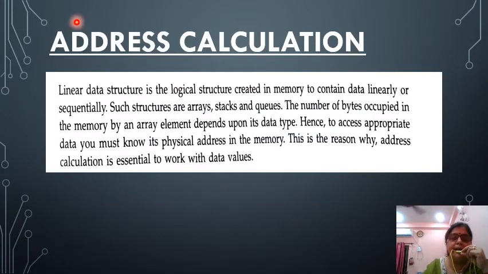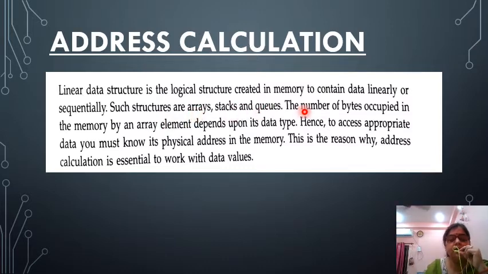Students, before doing the address calculation in array, we must know what an array is and how we are going to do that. As you all know, an array is a linear data structure because it is in a sequence, one by one. Now what is a linear data structure? A linear data structure is the logical structure created in the memory to contain data sequentially, which is in sequence form. In such a category, three types of data structures come: array, stacks and